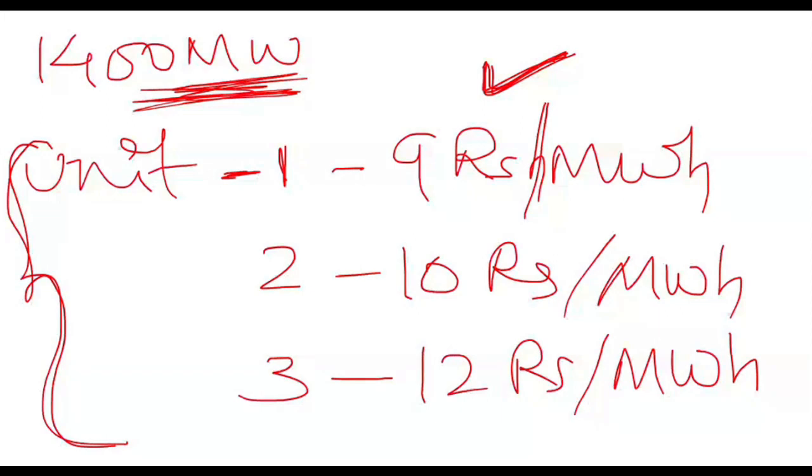So now we have the 3 units. First preference should be given to Unit 1, second preference should be given to Unit 2, and third preference should be given to Unit 3. So if there is a load of 1400 megawatt, let us